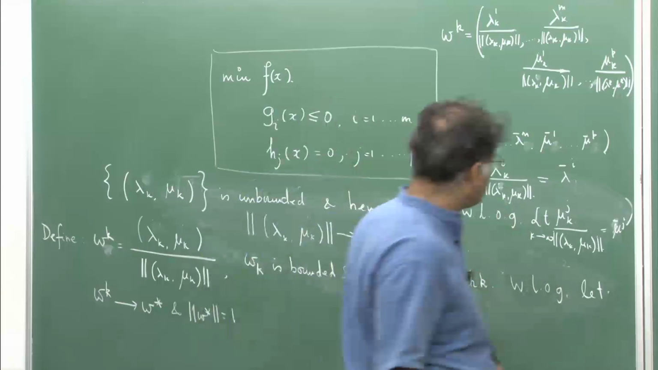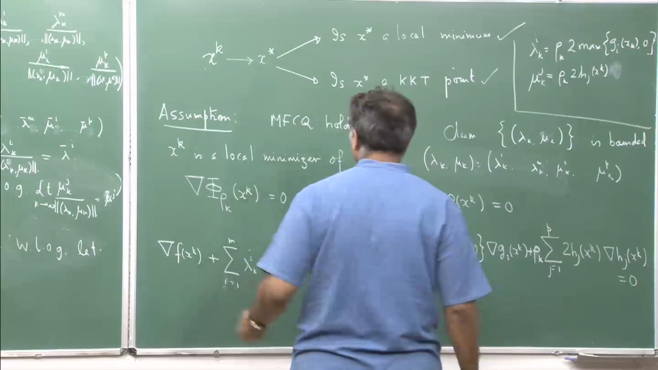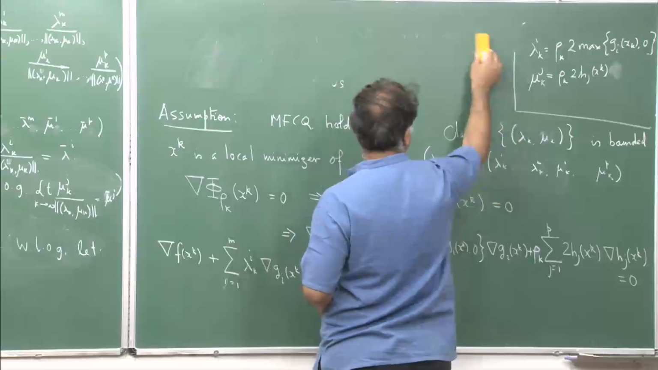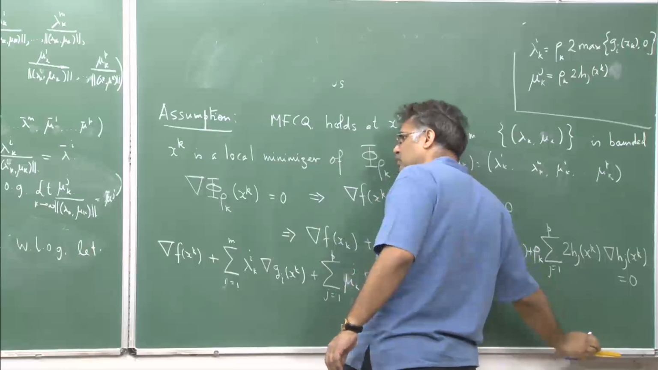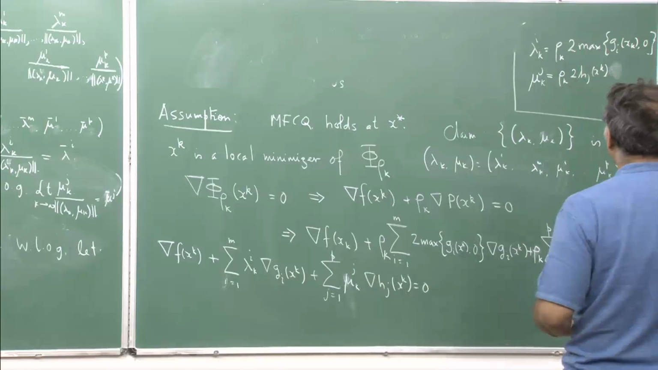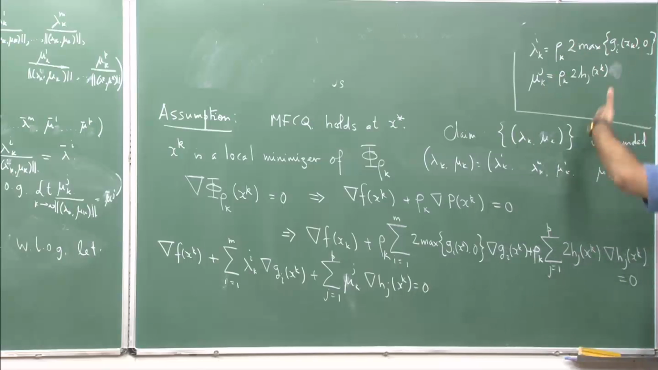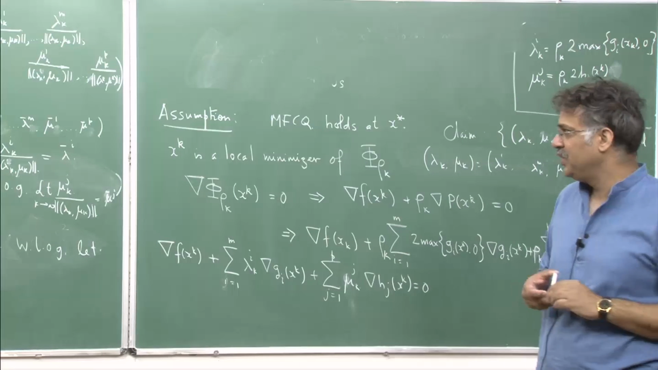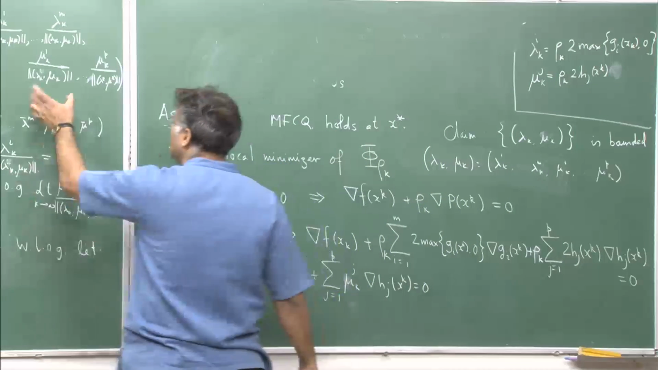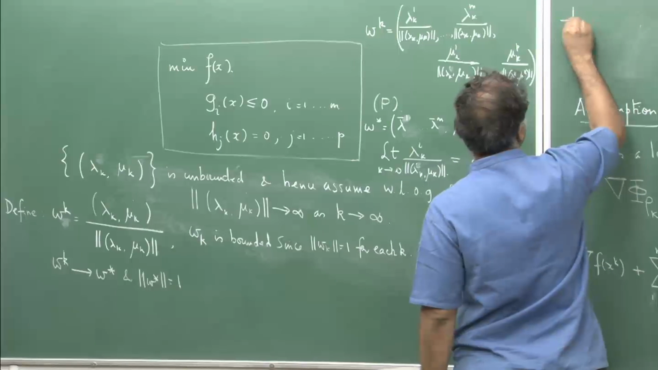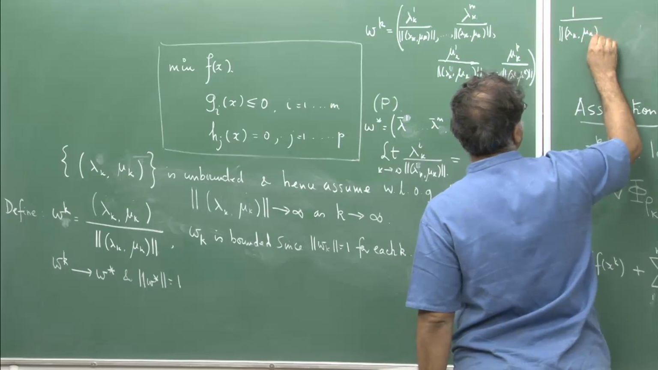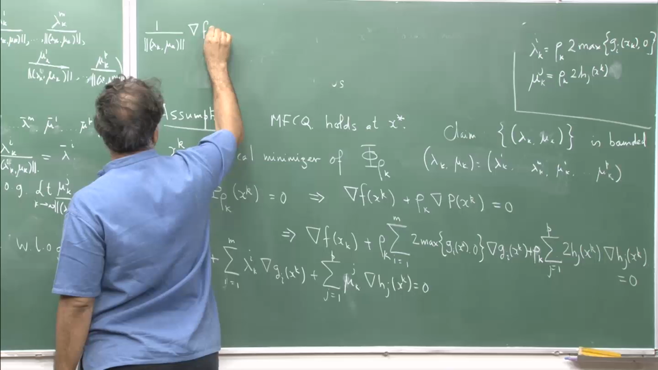Now, once this happens, it means that here I can do something. So, let me look at this equation, and I am not rubbing this because I want you to remember that this is what lambda k and mu k are if you divide by the norm. Now, what you do is very simple: you divide all of these by this number. So, you have 1 by the norm of lambda k, mu k, grad of f of x k